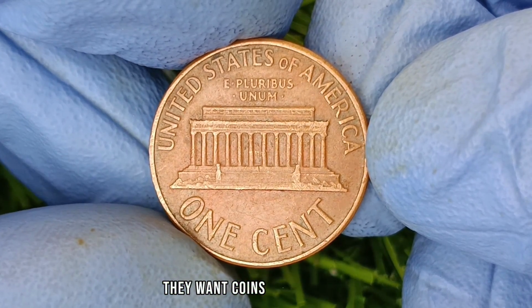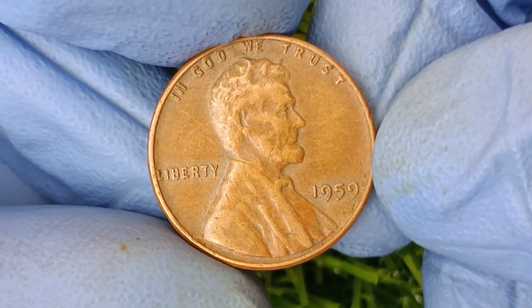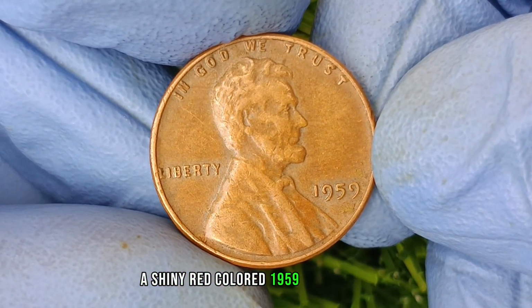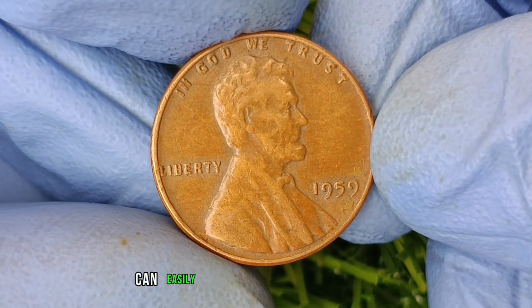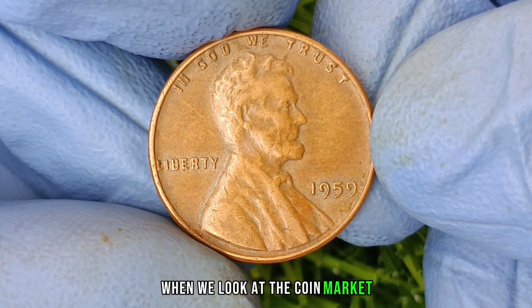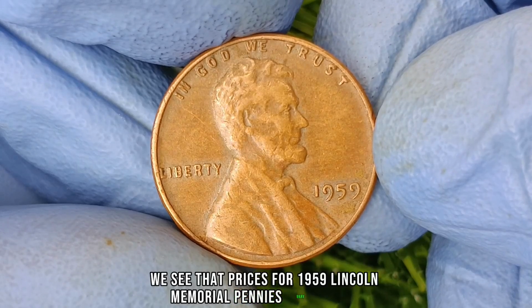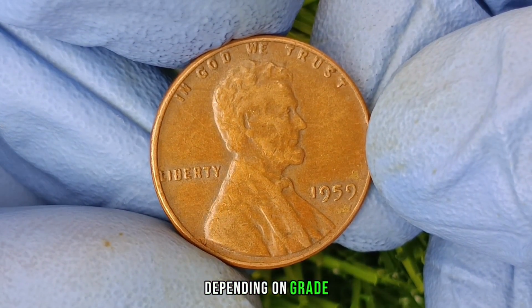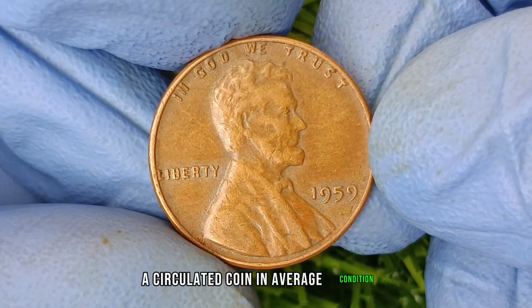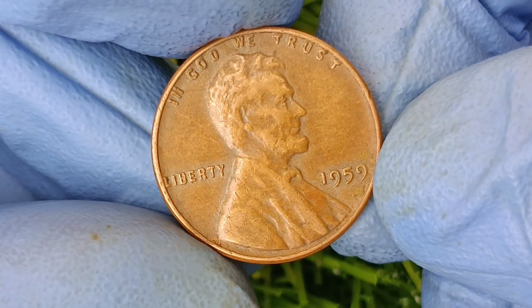They want coins with eye appeal, sharp details, and historical importance. A shiny, red-colored 1959 penny in mint state can easily sell for much more than face value. When we look at the coin market, we see that prices for 1959 Lincoln Memorial pennies vary widely depending on grade. A circulated coin in average condition may not seem worth much, but once you reach uncirculated levels, values can